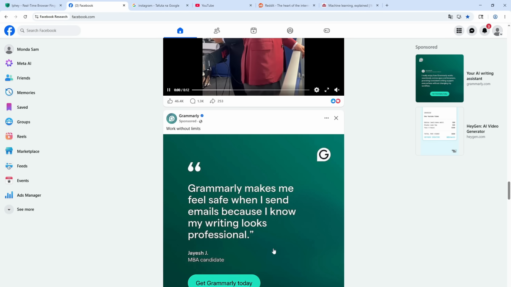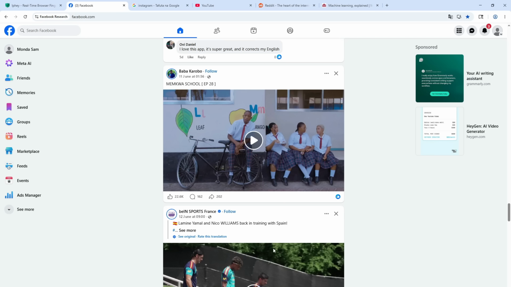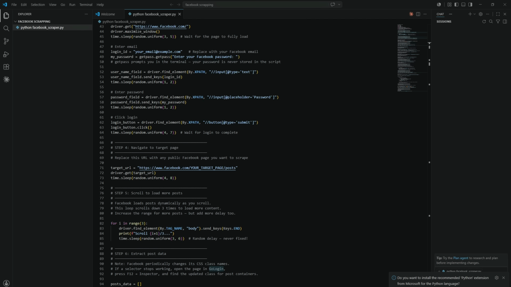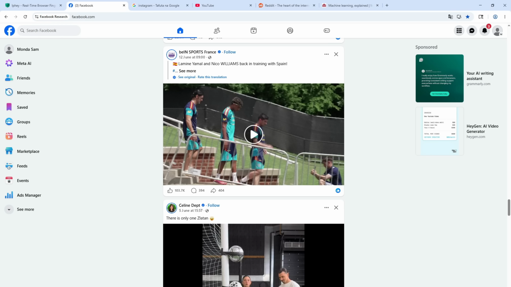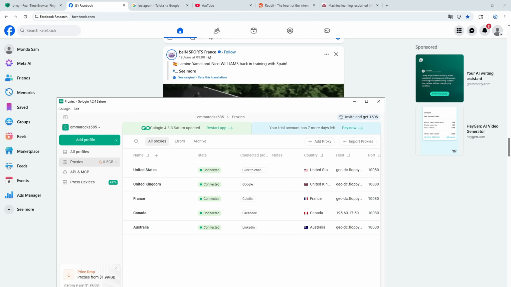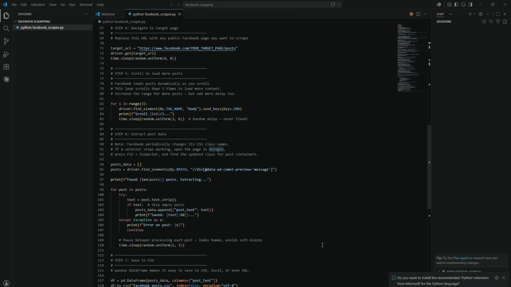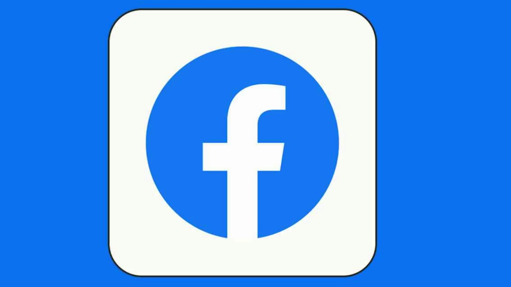The biggest takeaway is that successful data collection isn't about finding a single magic tool. It's about combining the right browser setup, sensible pacing, reliable infrastructure, and regular testing to make sure the data you're collecting is actually accurate. Facebook is a goldmine for research data, but it has one of the most aggressive anti-bot